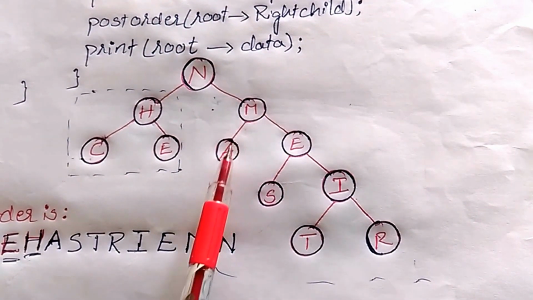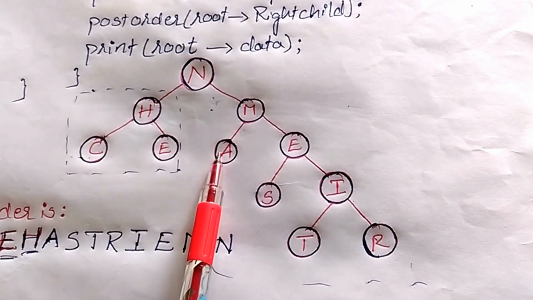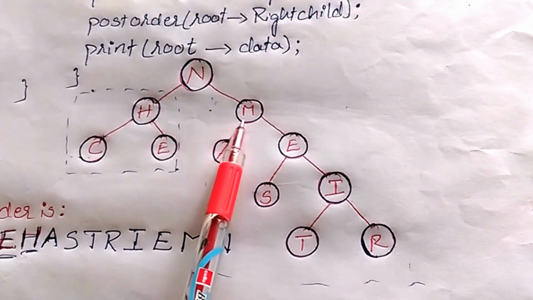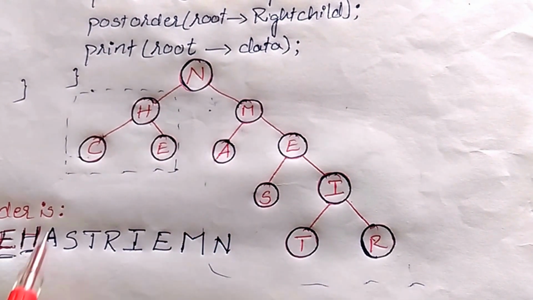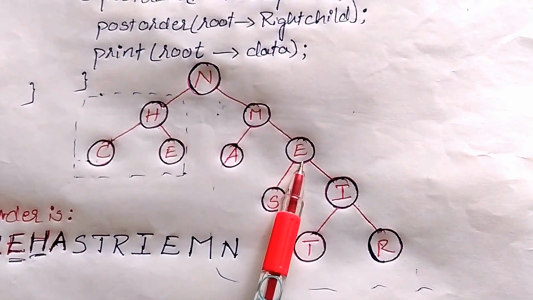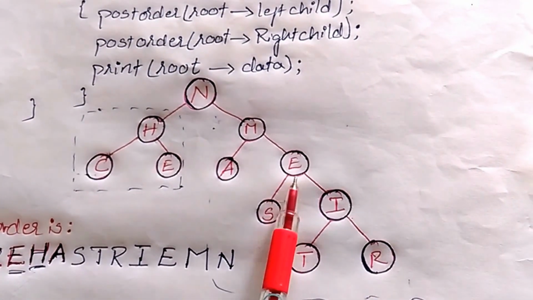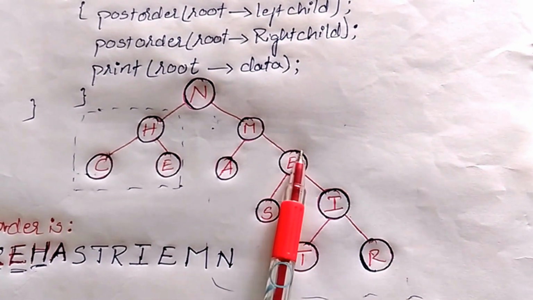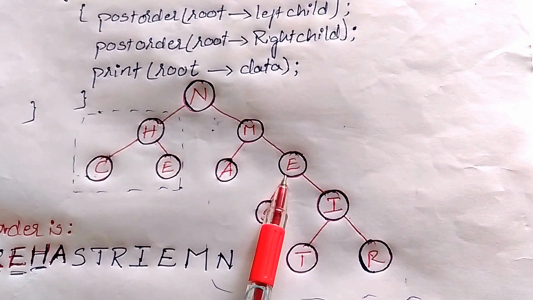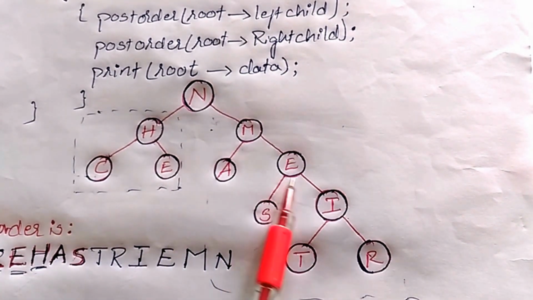M became a root node for two nodes. So root is to be visited after its left child and right child are visited. Since A is not visited, I traverse towards its left child A. So after left child, its right child must be visited. So again I move towards the node E. E is root node for two more children. So before visiting a root node, its left child and right child should be visited. The left child for E is S and the right child for E is I.